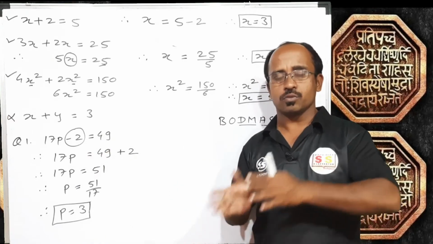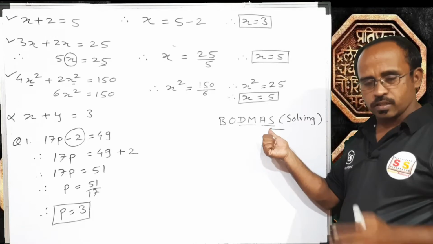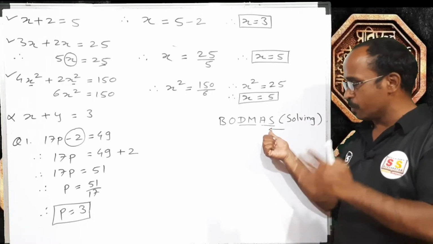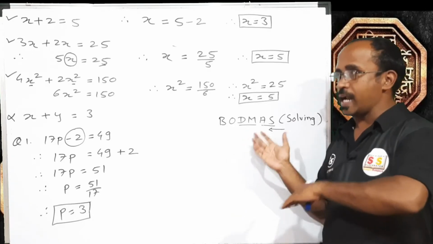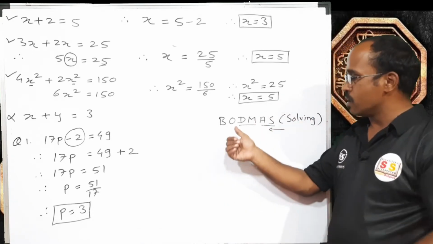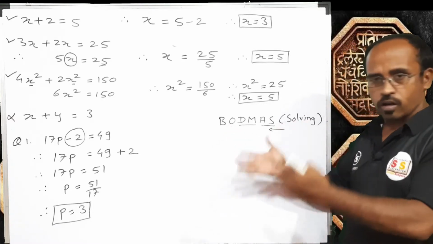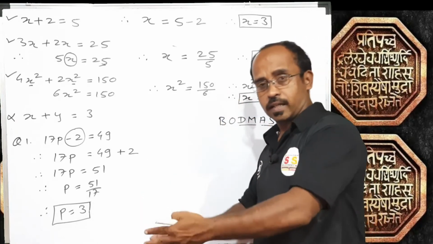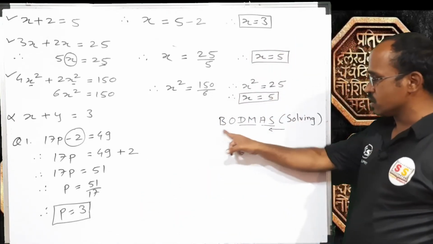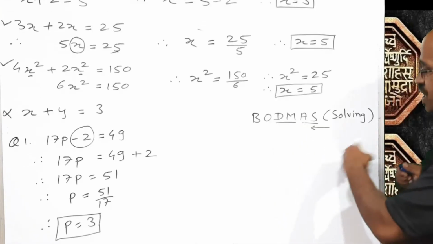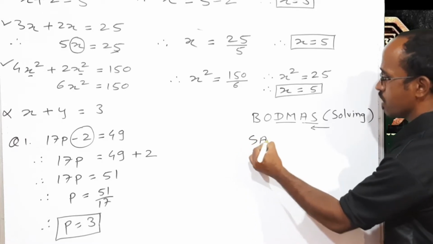So please remember these things. Whenever a number has to change its side, numbers which are doing addition or subtraction, they will change their side first before the numbers which are doing division and multiplication, and after that the numbers or variables with orders, and after that whatever is in the bracket, that we have to change. Clear? So while solving, the sequence is BODMAS, and while changing the side, it will be, we can say, SADMOB.